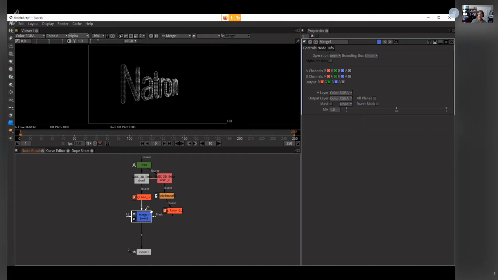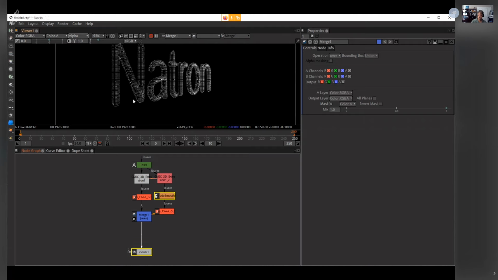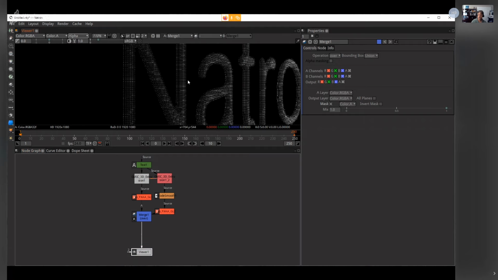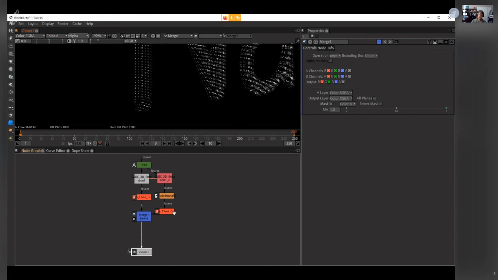That way it is going to composite over nothing, which is hopefully going to eliminate the alpha channel. And so if I take the mask input to the merge node and connect it to our anti-aliasing node, we wind up with a much nicer result. You can see we've eliminated